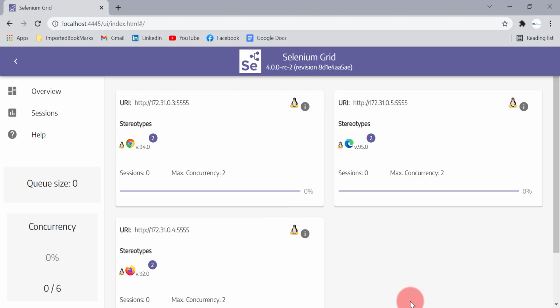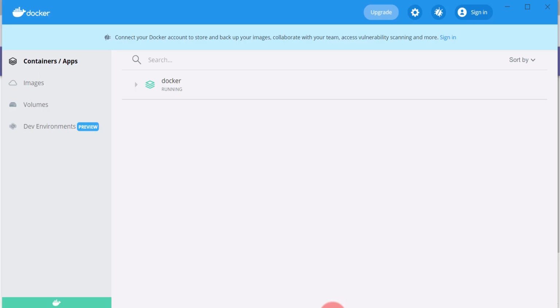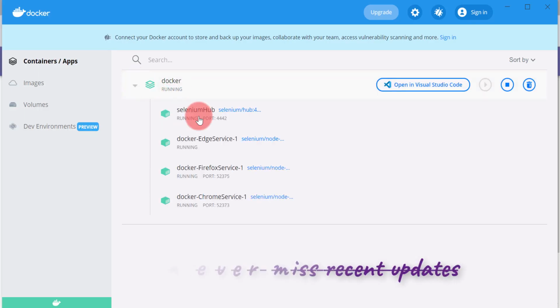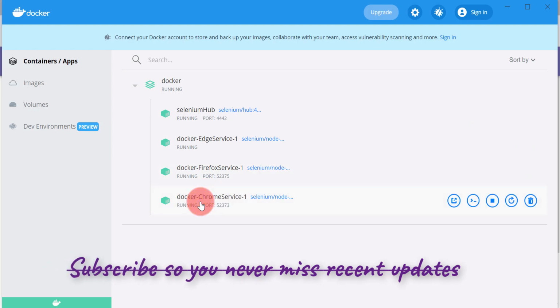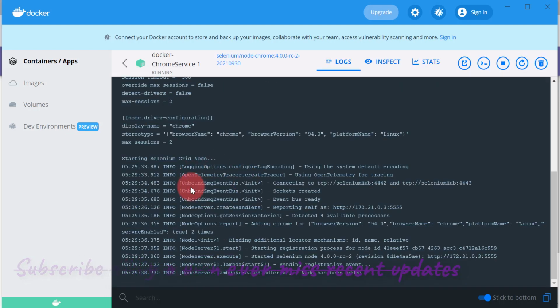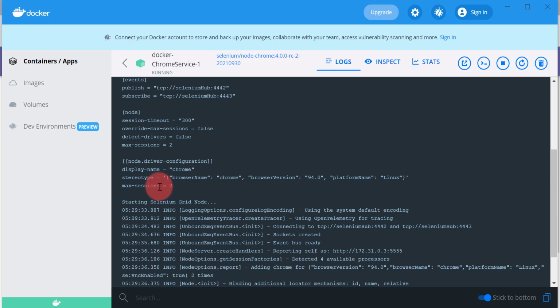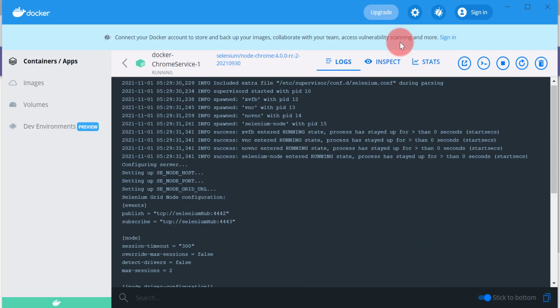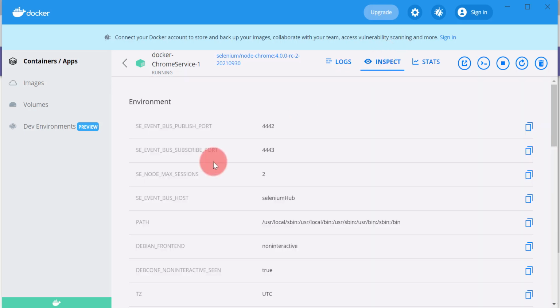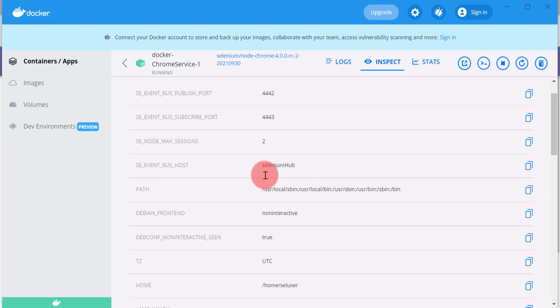And the same we can verify from the Docker Desktop application. Just expand this and let's check the Chrome service. You will be able to see all the logs. So max session is equal to 2. And if you inspect this you will be able to see all the environment variables we have set from the Docker Compose YAML file. SE event publish port, subscribe port, max session is 2, bus host is Selenium Hub.